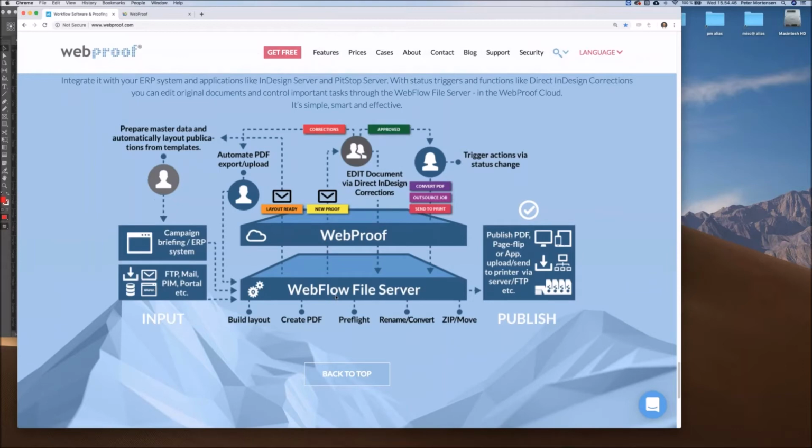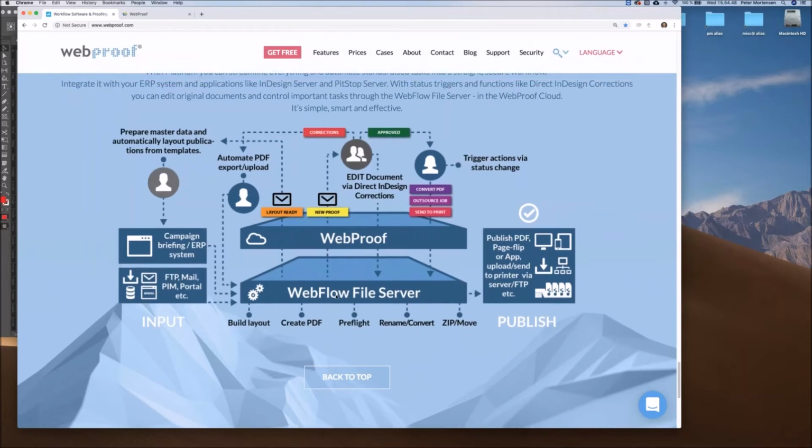The smart thing about this is that it communicates with WebProof in the cloud. So it means that if you put in some files in one end of this flow, it will automatically maybe convert the files, it will change them, and then it can upload them into WebProof automatically. It will automatically create a project in WebProof, and you will automatically get a notification once it's done. And in WebProof, you can